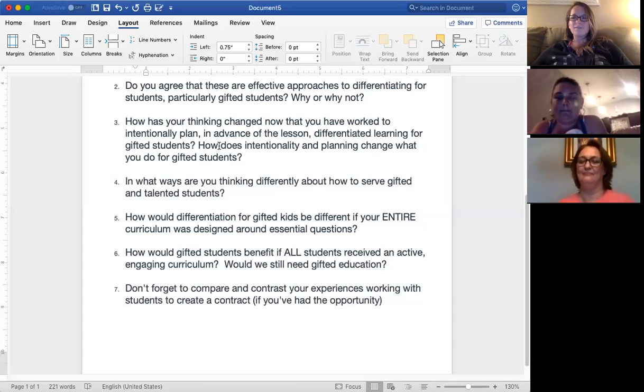And it shows them you're doing something different, but it's equally as important as what I'm doing with the rest of the class. I really like that you have your ducks in a row if admin or a parent is saying, well, why are they doing this and not what the rest of the class is doing? I kind of like that. I do too. And I hadn't thought about that.